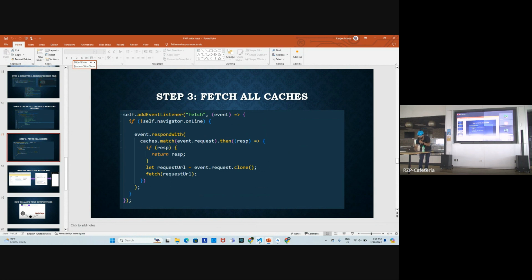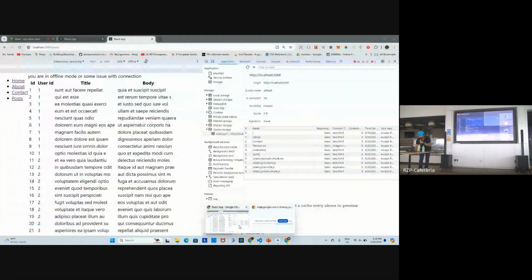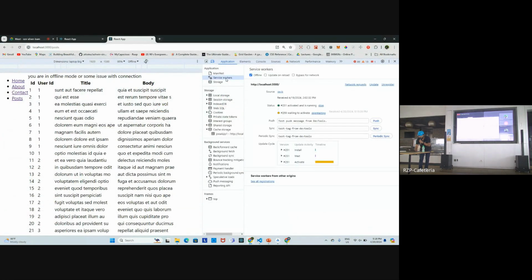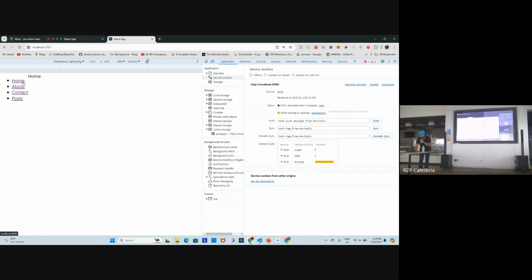So let's see that. Yeah, it's compiled. What I'm going to do now is unregister this service worker again, and I'm reloading in the normal mode. So it will work now. I'm going to the home page. I will do it in offline mode. I think this service worker has not been